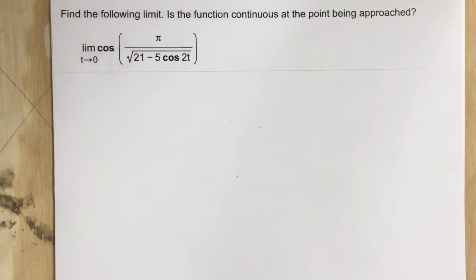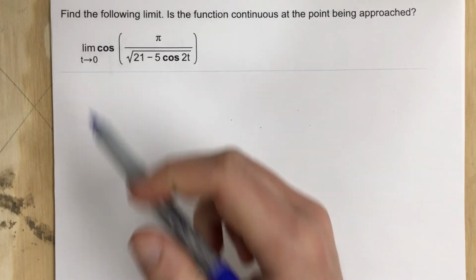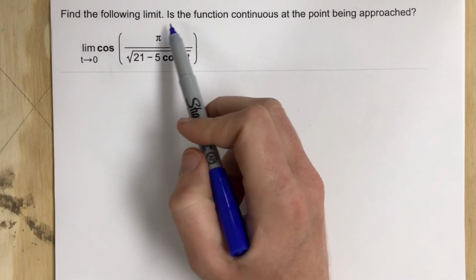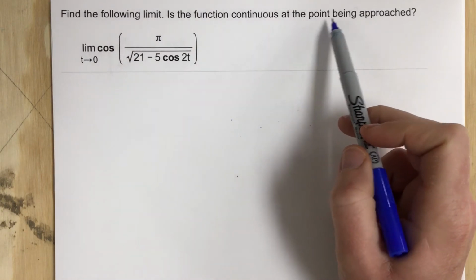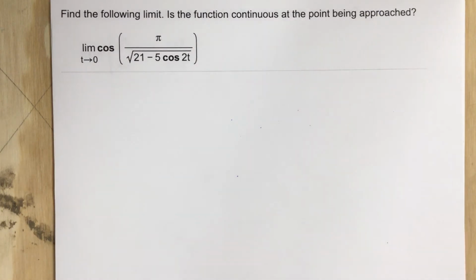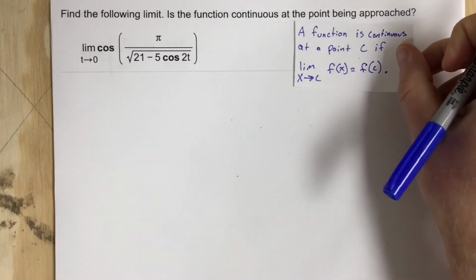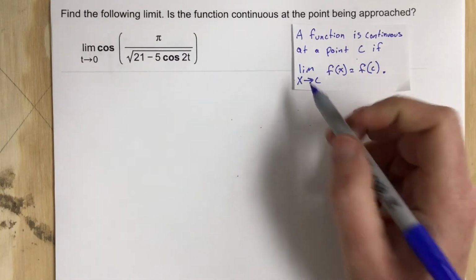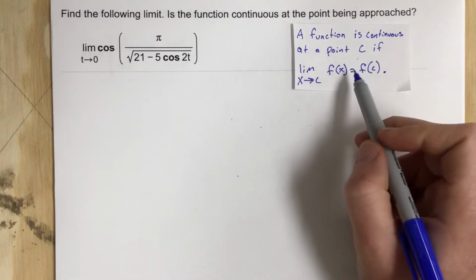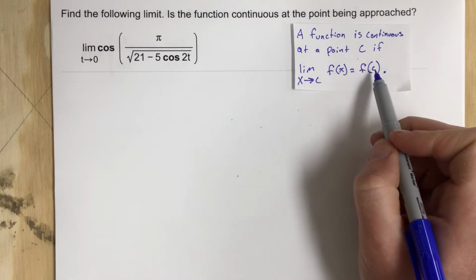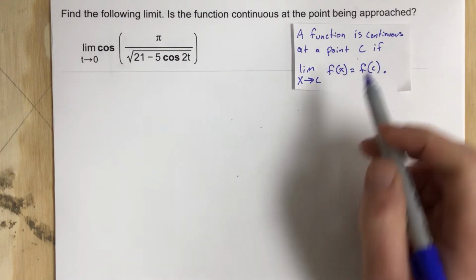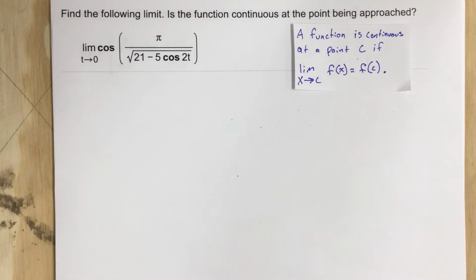This is problem number 9 for section 2.5. In this problem it says find the following limit. Is the function continuous at the point being approached? So again, if our limit as we approach this value equals the function defined at that same spot, then we